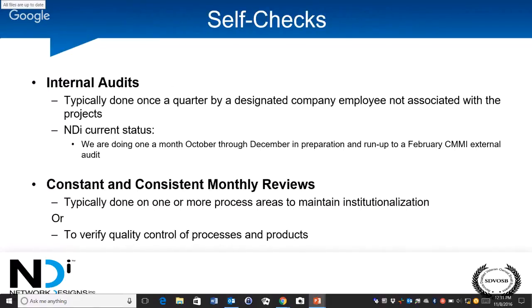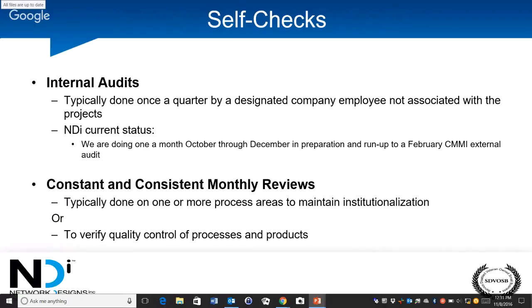So then we get down to, how do we evaluate ourselves? How do we look at ourselves introspectively? What do we do, and how do we really get down to, how do we improve? How can we look at that? Well, what we're doing at NDi as a company, across October, November, and December, is